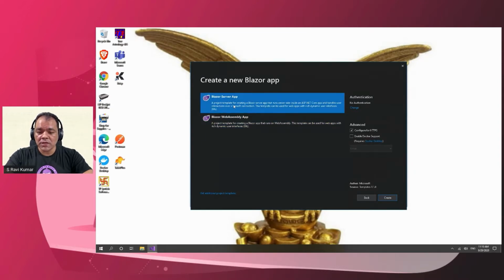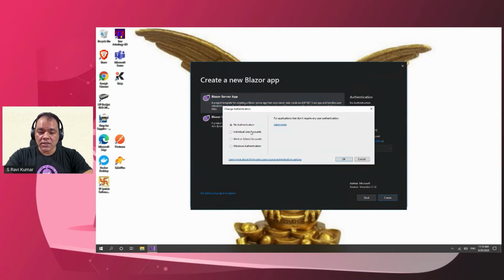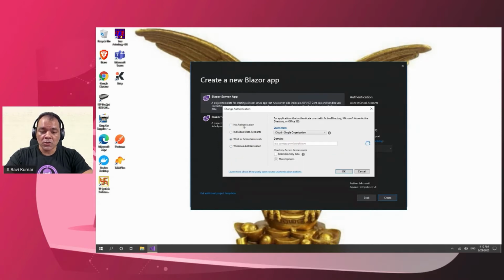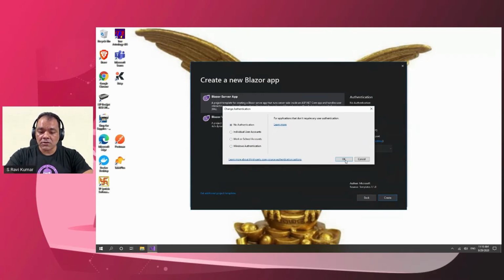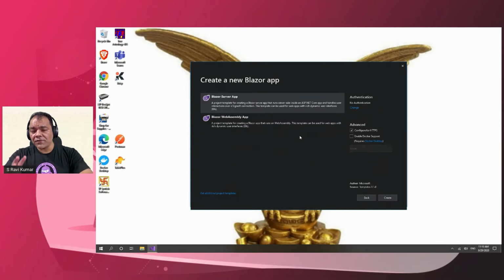So when you use Blazor server, you have the option to implement authentication. You can use the individual user authentication, which is your identity server based authentication, or you can use the Windows authentication or Active Directory authentication. So you have the feature to implement authentication also. Whatever feature you have in regular ASP.NET Core applications, all those features are available in Blazor server as well